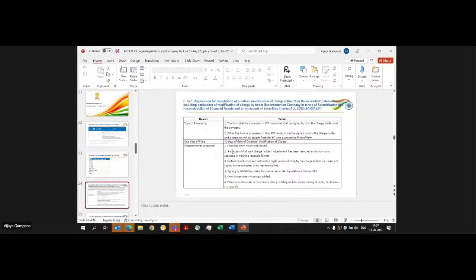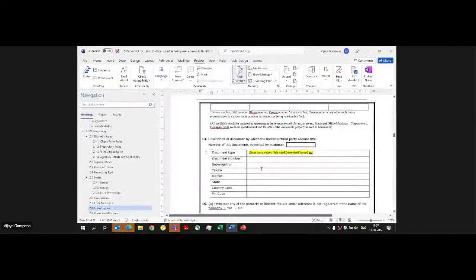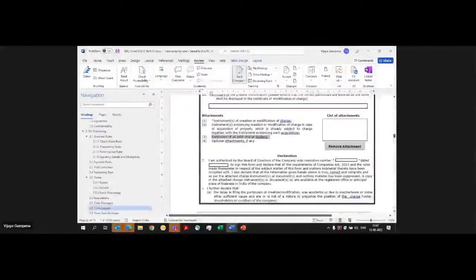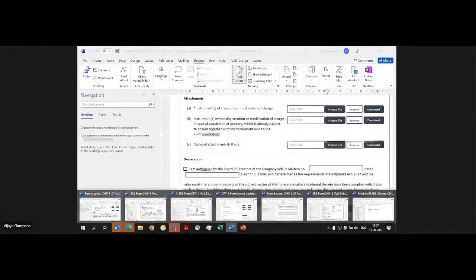So to the extent possible, wherever it is feasible that we can convert these attachments into a machine readable format or in the form of declaration, we have accordingly removed the attachments and either included it within the form itself, or we have added relevant declarations in the layout. So now for this particulars of all joint charge holders attachment, if you see the V2 layout, you can see this as an attachment here, attachment number 3, particulars of all joint charge holders. But if I show you the V3 layout,